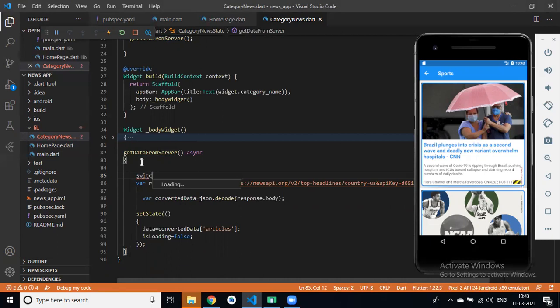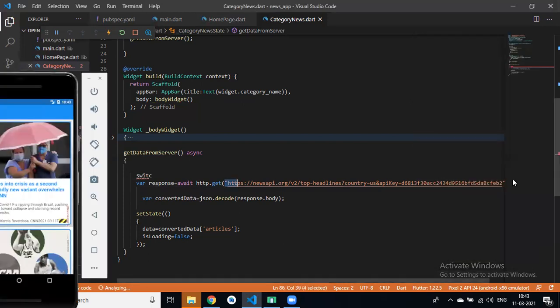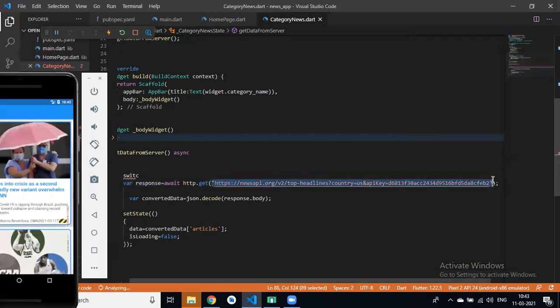We can do that. Yes or no? So what I will do, I will create a URL variable.